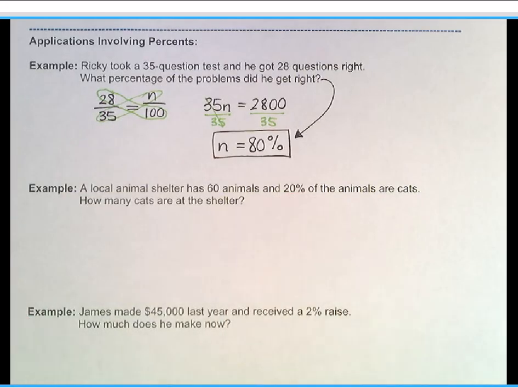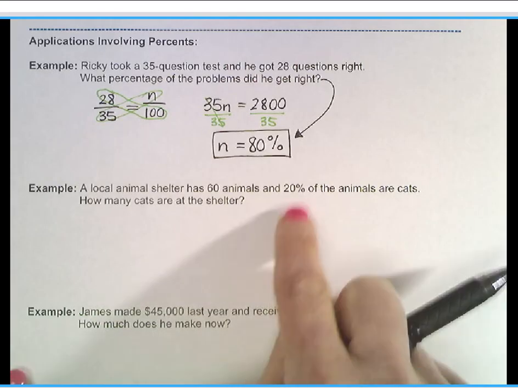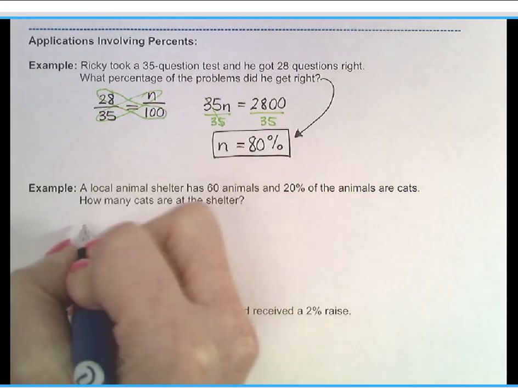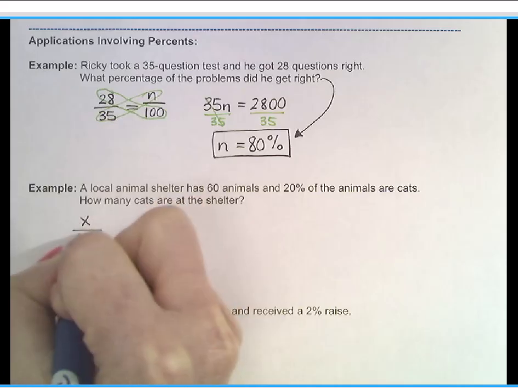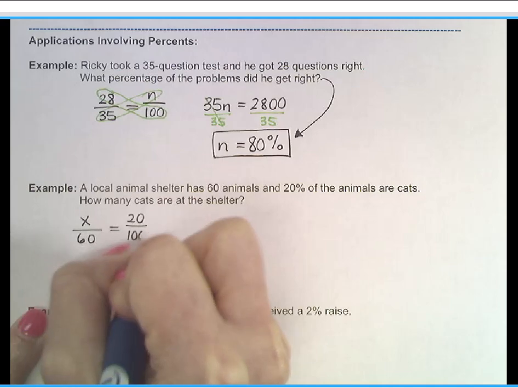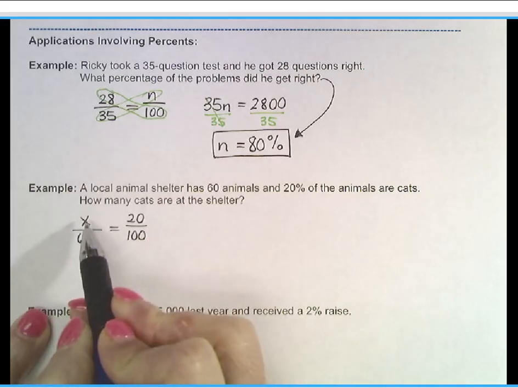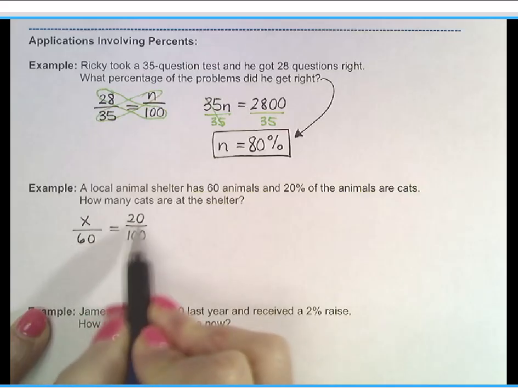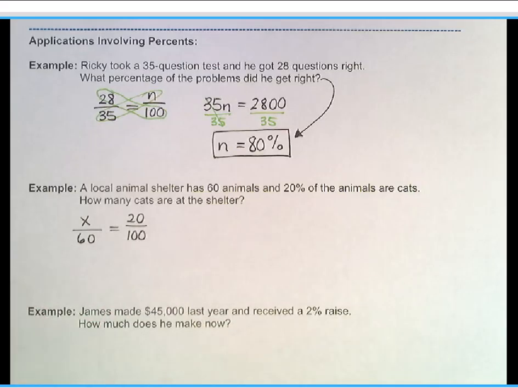So what we're trying to figure out is, there's 60 animals, 20% are cats, so how many of the 60 animals are cats? I know the percentage is 20%, but I want to know the actual number. So I'm trying to find out how many out of 60 would equal 20%. How many animals out of the 60 would equal 20%, so 20 over 100. And so if you can set it up that way,